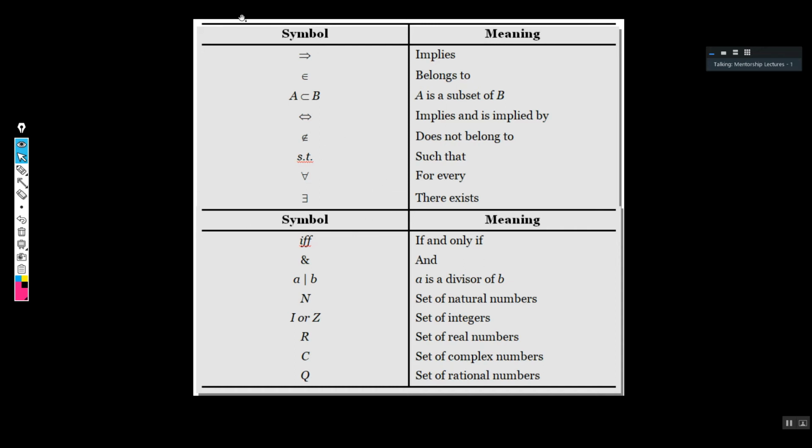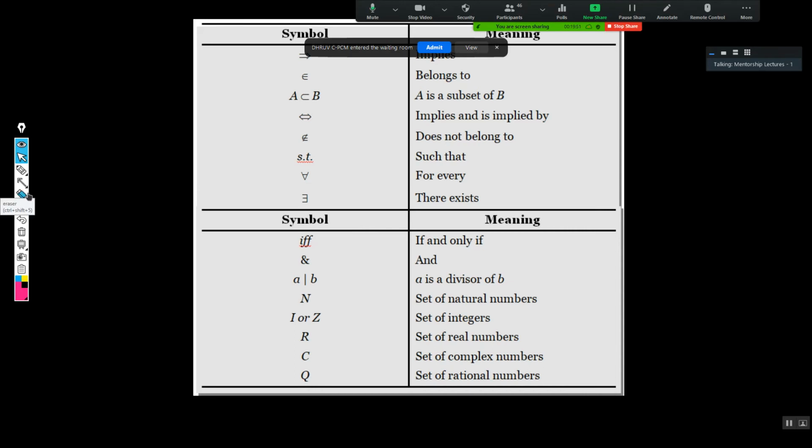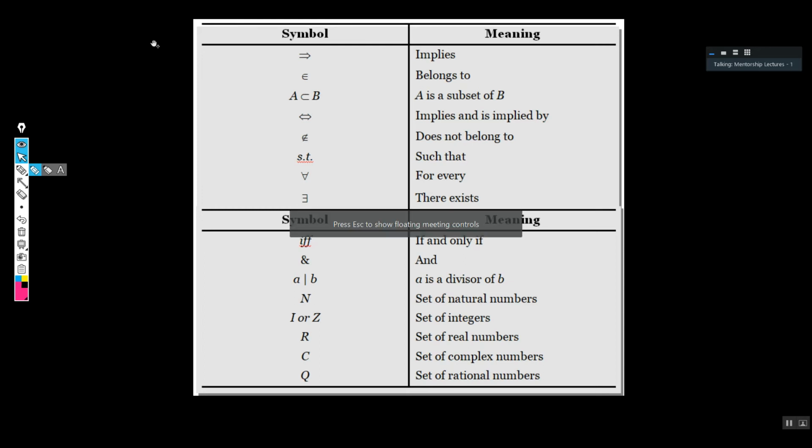Very important. Those who want to take a screenshot of it, you can take it and store it and keep it under the pillow and sleep. Because all the screenshots are stored in the mobile itself, and that mobile will be below your pillow only. That will be fed to your brain automatically. So do that. I'm just joking. But if you write it down, that will be more helpful to you.